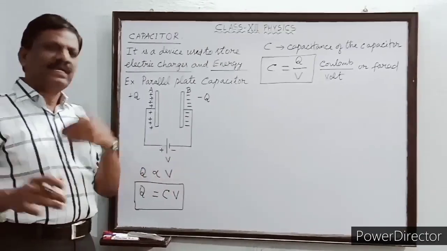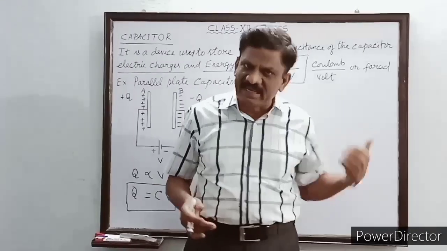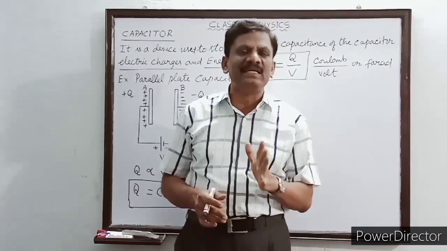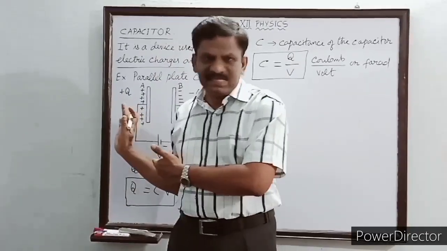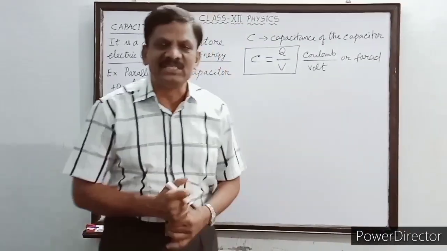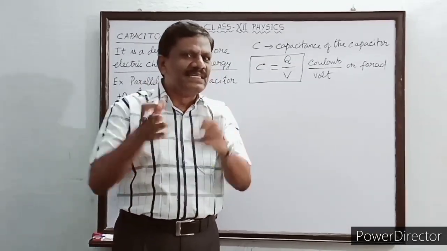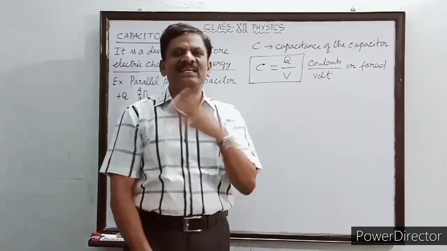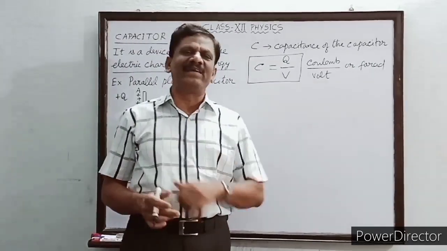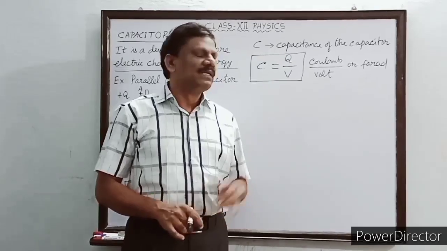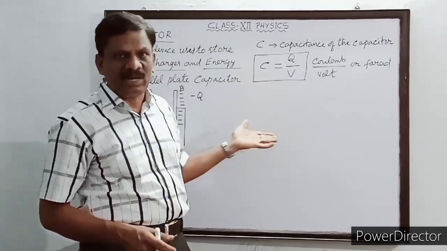Understand? The capacitance actually depends on some other factors which we are going to discuss in the next video. That is, the capacitance depends on the area of the metal plates A and B, the distance of separation between the metal plates A and B, and the medium present between the two plates, whether it is air or any other substance like paper or oil or ebonite. So the capacitance does not depend on Q and V, but by formula it appears to, that's all.